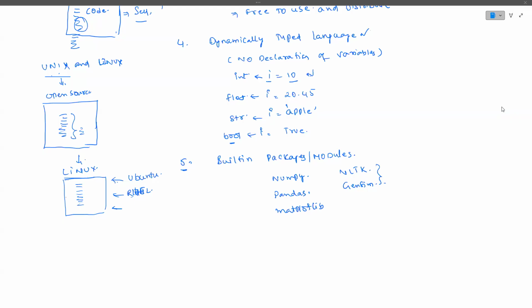Matplotlib does data visualization. NLTK is for NLP-related applications. Gensim is for word embeddings and similar tasks. Each library has its own implementation and performs different operations, so depending on your requirement, we have to choose.